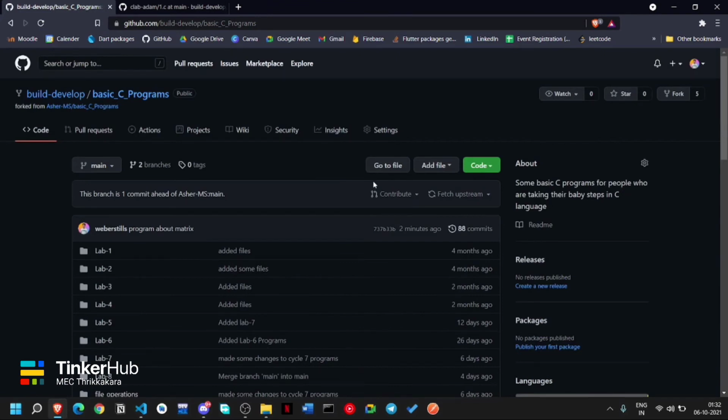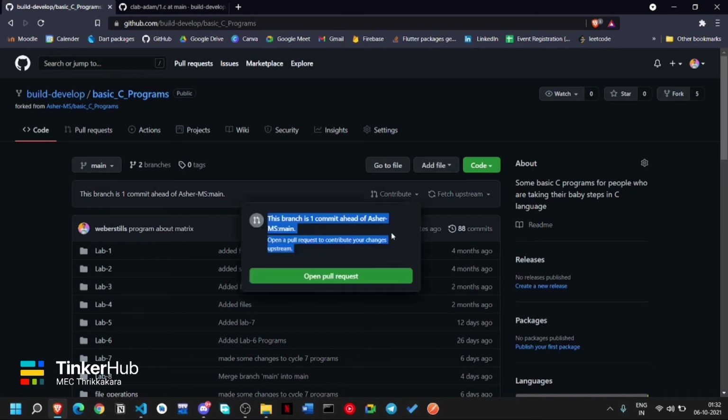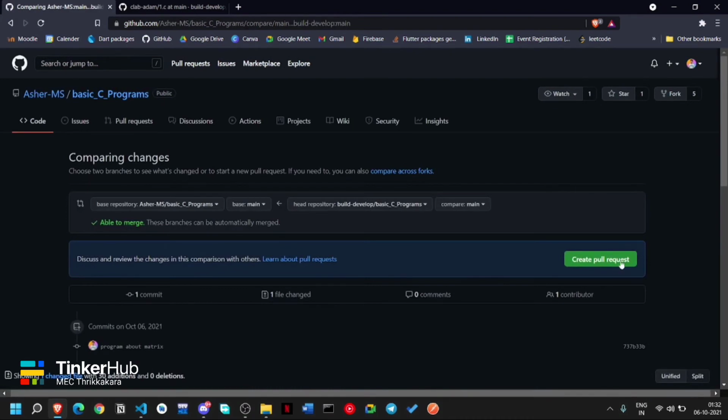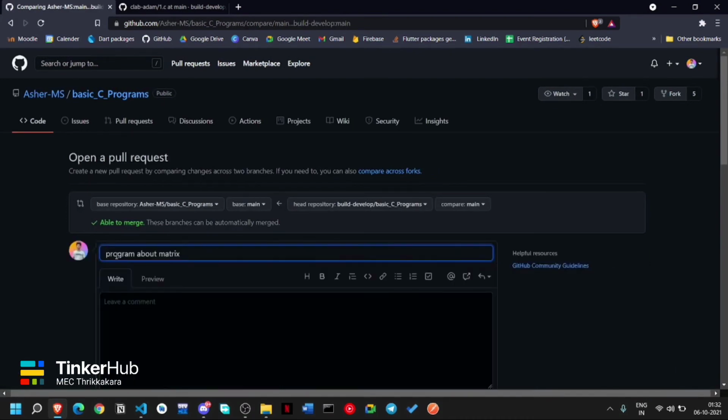For that we'll have a button called contribute here. Click on contribute, and we can see this branch is one commit ahead of the original repository. Click on open pull request and click on create pull request, and here I'll write a small description about my program. I'll just write program about matrix.